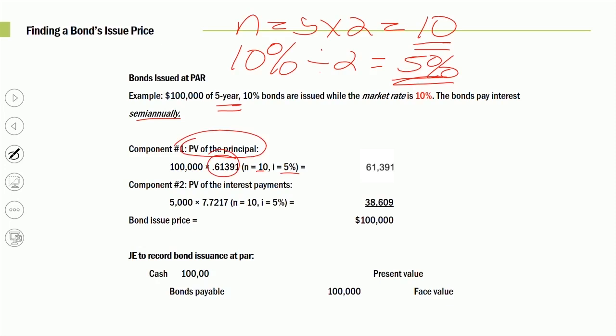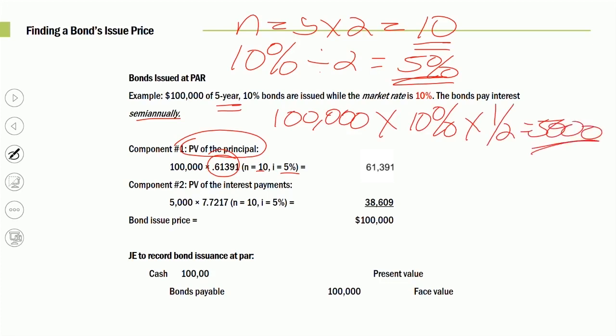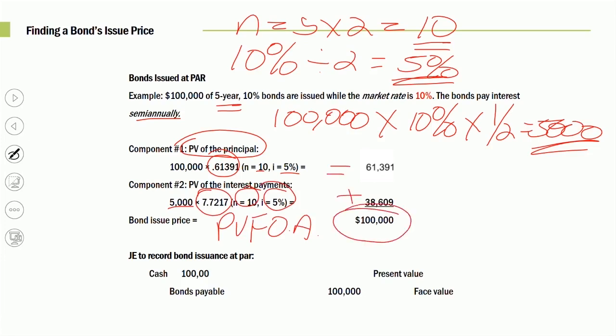And then my coupons. Well, I got $100,000 par value. My coupon rate, 10%, paying it semi-annually. Well, that's going to be a payment of $5,000 every 6 months for the next 5 years. So then we'd have to find the present value of the coupons. $5,000. Here's your present value factor for an ordinary annuity. Present value factor for an ordinary annuity corresponding to 10 periods and a periodic rate of 5%. So for the coupons, present value factor, ordinary annuity. For the principal, present value of a single amount. Work out your math, add it together. Here's the sum of the two.